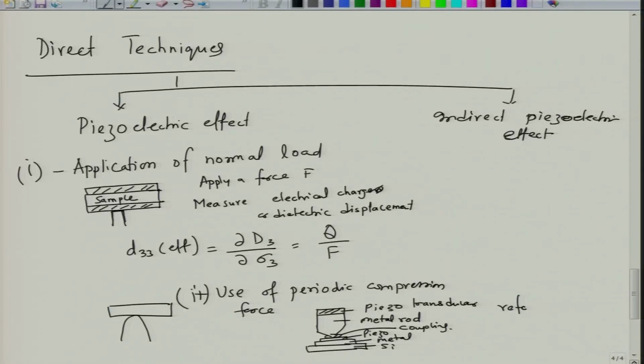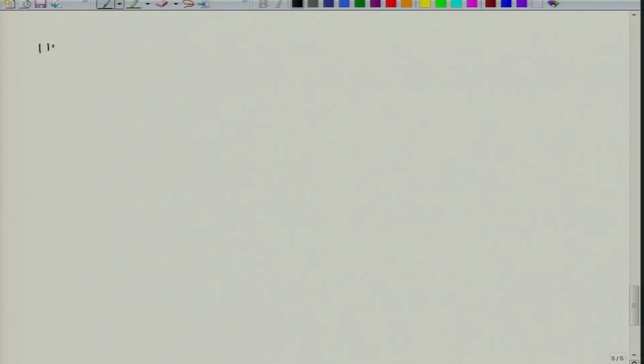You use a reference sample for the measurement, so that you compare the charge generated in the normal sample with respect to the reference sample. So this is a good method, but it is not very easy to make, because the use of liquid and so on makes it complicated. This is the second method, and the third method is called the cantilever method. This is the most common method.